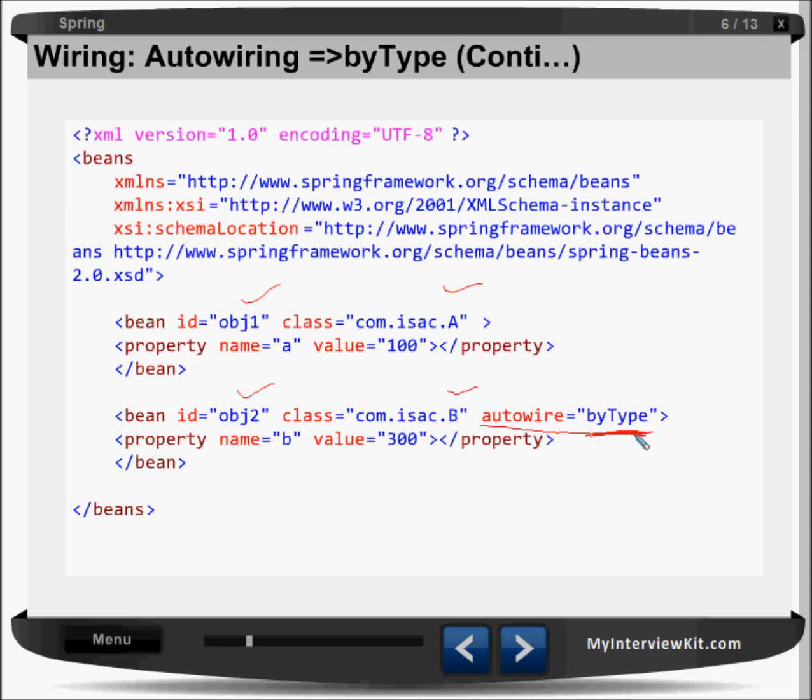So once we create an object of B, and if we are looking for this value from this object, it will look at what kind of type it is, and accordingly it will inject that type of object. Okay,